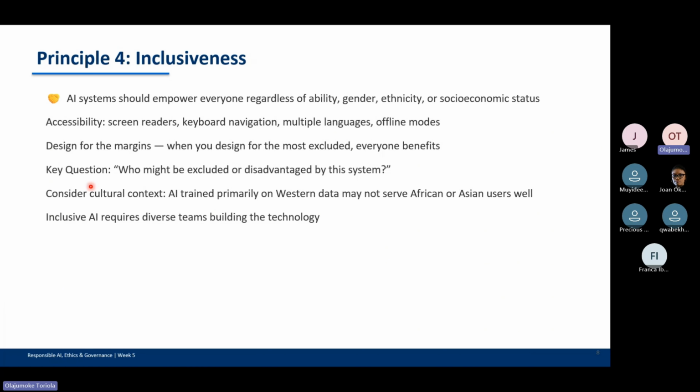So one of the questions you'll be asking when you're building your AI is, who might be excluded or disadvantaged by this system? Who is missing in your data? Who is missing in your design team? Which is quite very important. So why this matters is that